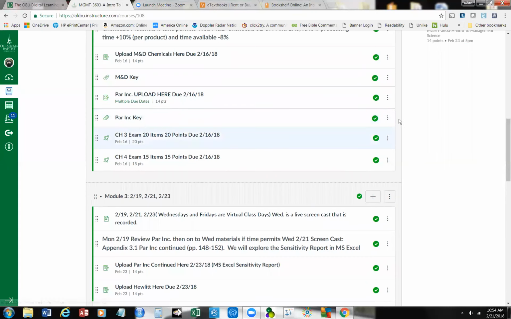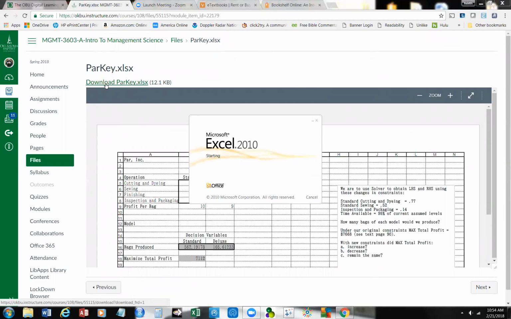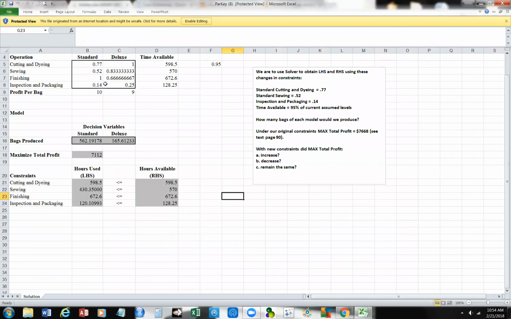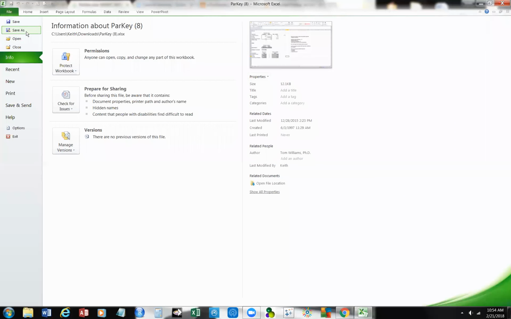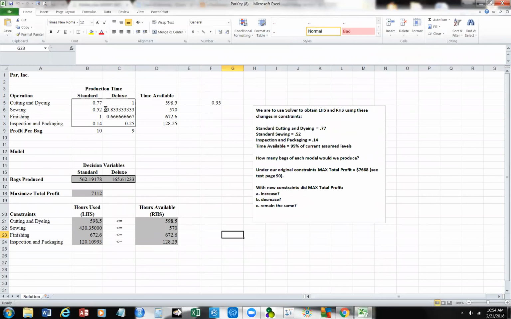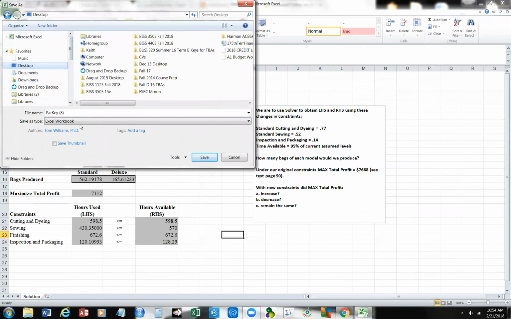So I'll just show you here. I'm going to take Par Inc, and I'm going to download it. This is the key, of course, and we spoke about that. And so I'm going to save this file on my desktop, and in fact, I think I'm going to call it Par Inc continued. I'm going to say this is Par Inc continued on my desktop,